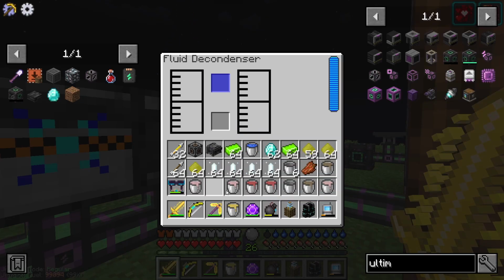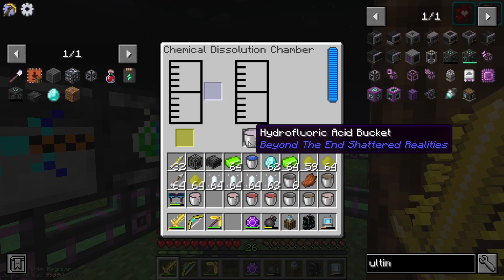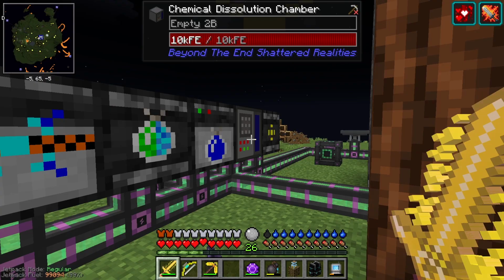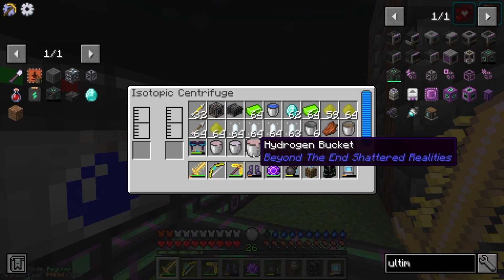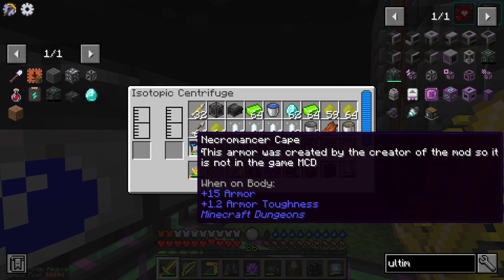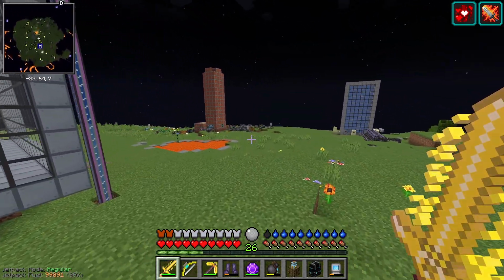Maybe it goes in here. Nope. Dissolution chamber. Oh, okay, dissolution chamber, and that only gives you one bucket. Hydrofluoric acid. Okay, and then I'm guessing hydrofluoric acid goes with the, what was it saying? Hydrofluoric acid, and